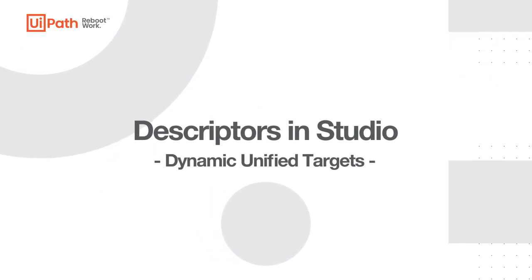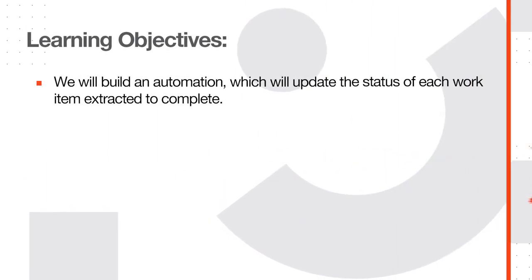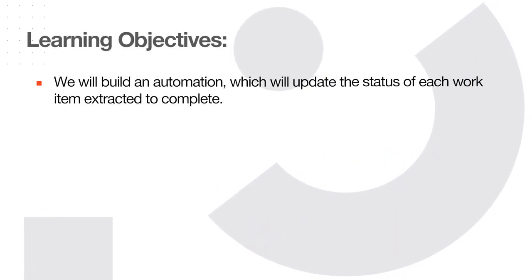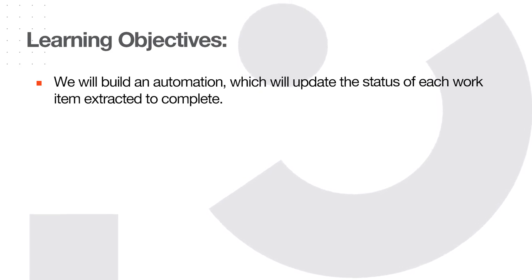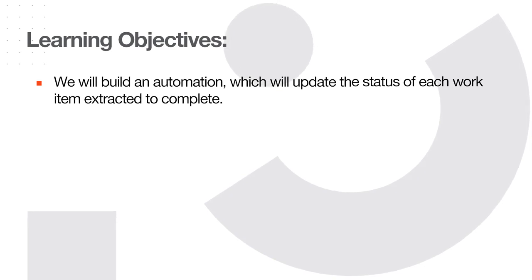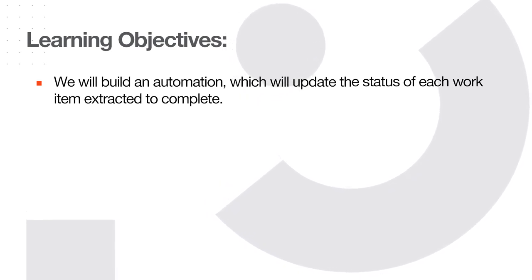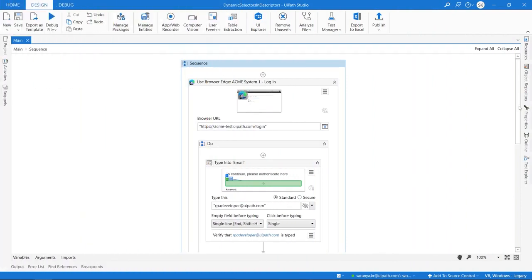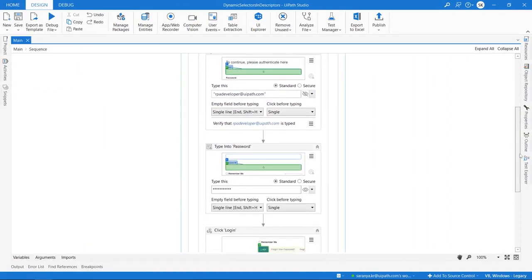Hello and welcome to this demo on dynamic unified targets. In this demo, we'll build an automation which will update the status of each work item extracted from open to complete. While doing so, we'll focus on how we can configure the descriptor to correctly identify the work item while updating its status. Excited? Okay. We'll start with an existing workflow, which will log into the Acme website and access the